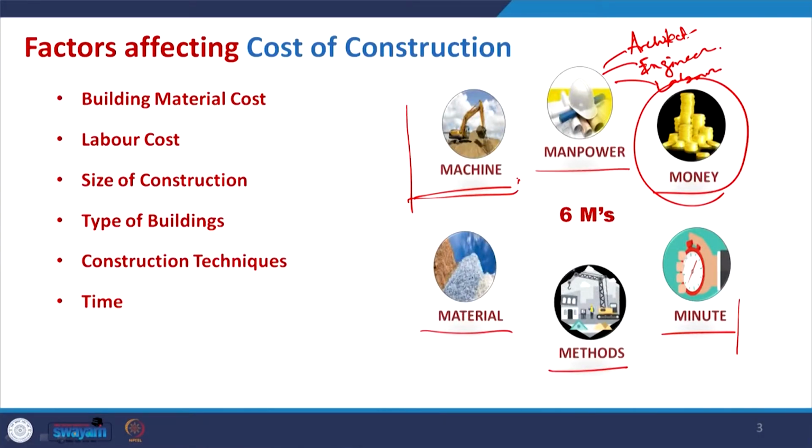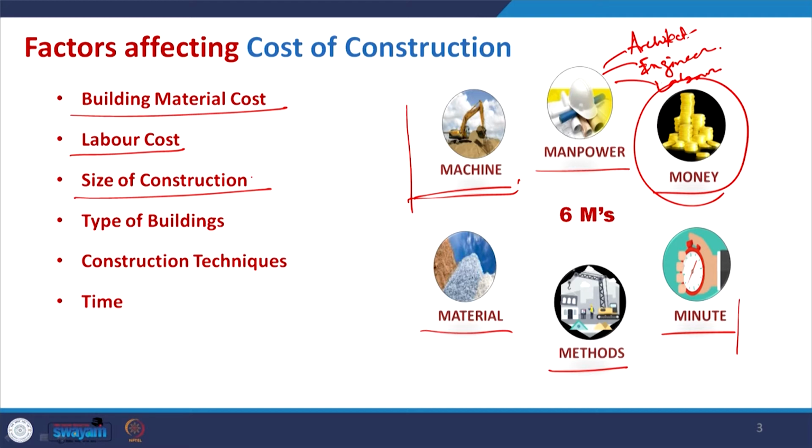So, definitely for them the constraints, the criteria are different. Whereas when we think of buildings like low cost housing or cost effective housing, then selection of the machine can also change the cost of construction. So, that is the reason: building material, labor cost, building material cost, size of construction, this is basically the scale.